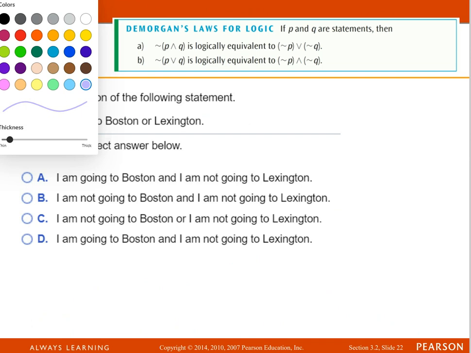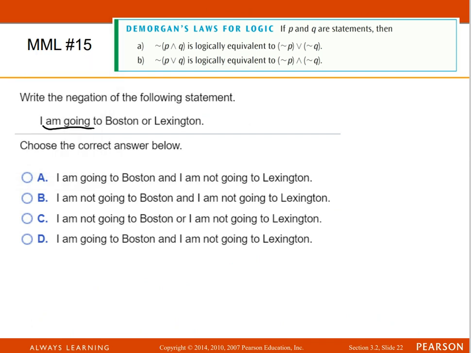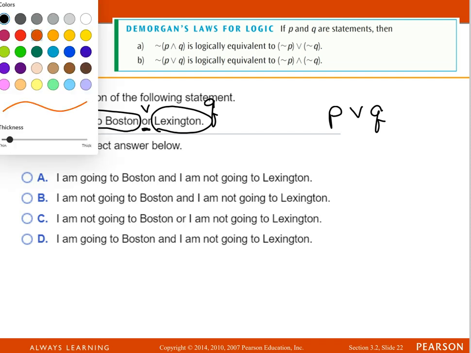So we're going to let I am going to Boston be the P, and I'm going to Lexington is the Q, and then in between you have an or. So what we have here is a P or Q, but we have been asked to